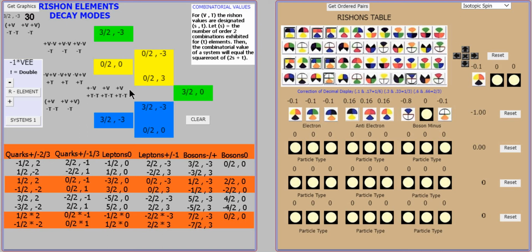We will see over here that's equivalent to changing the V, increasing it to minus 2 divided by 2, or 1, which will give us